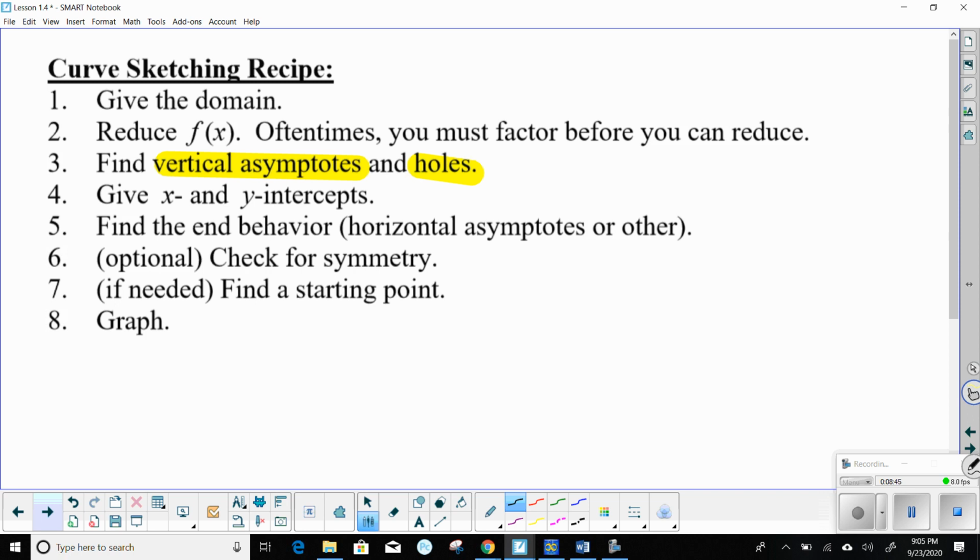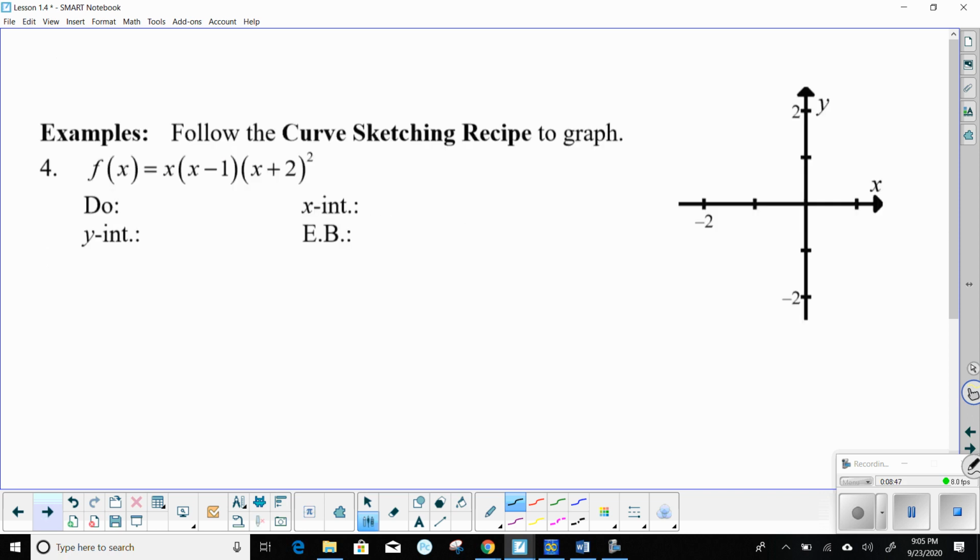Okay, so we've got 3 examples here we're going to go through, just to show you how we can use that curve sketching recipe. So first thing is the domain. If you look at this function, the 2 things we said we have to worry about are getting a 0 in the denominator